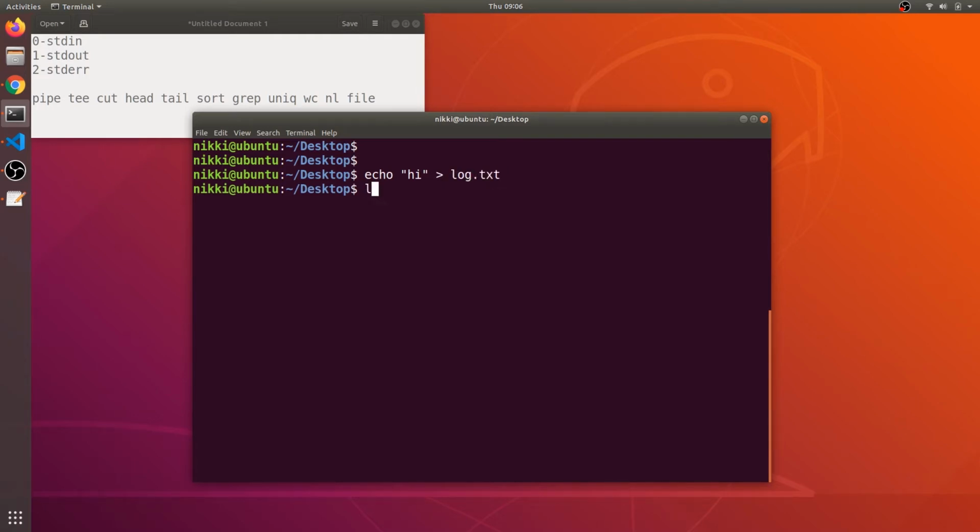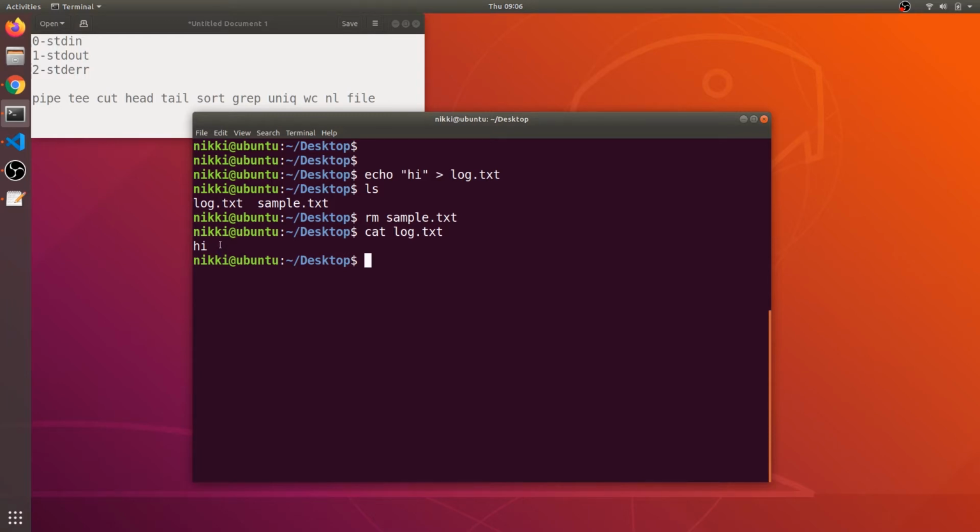If I say ls, okay, I removed the other sample.txt file. If I say cat log.txt, I get the contents of log.txt, which is hi, because the output of this command has been redirected into the log.txt file.